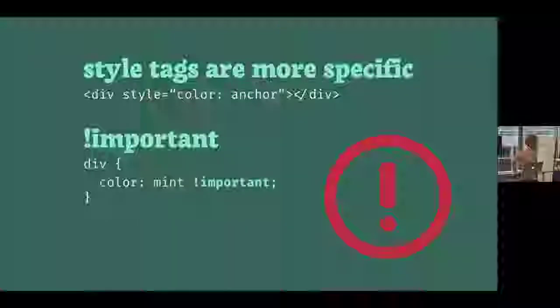Tempting. It's like, oh, I don't know why this isn't applying. I could either figure out the specificity of these elements and compare them, and I'm good at that now, or I can just put !important, and then it'll just apply it, right? But then my question for you is, if everything is important, then what is now important?